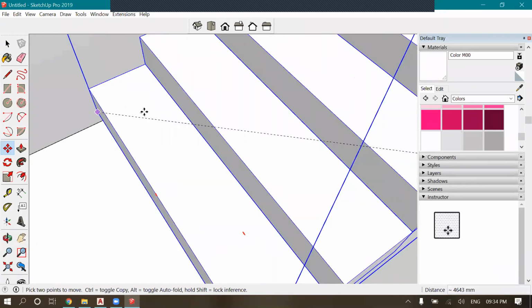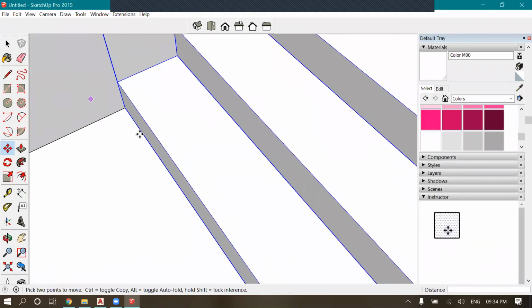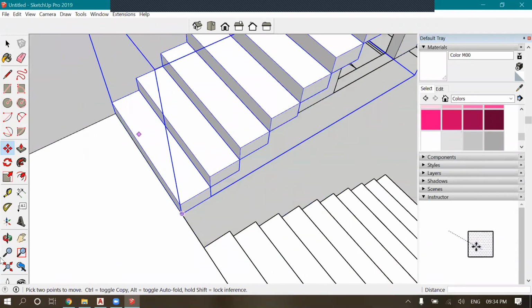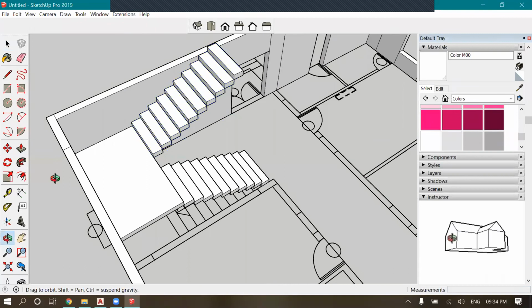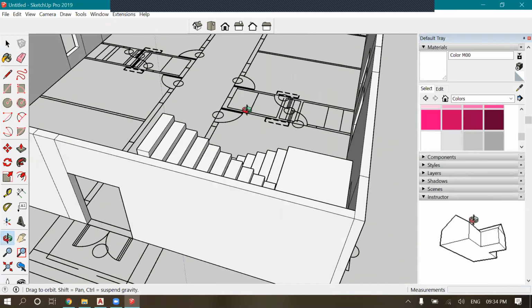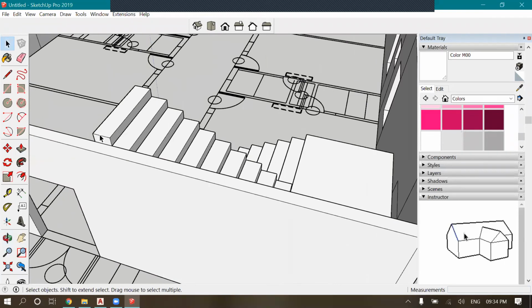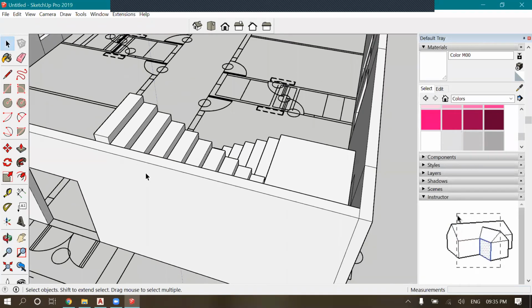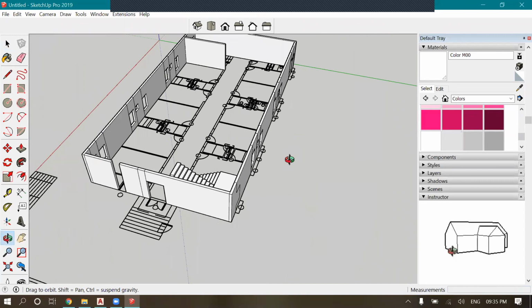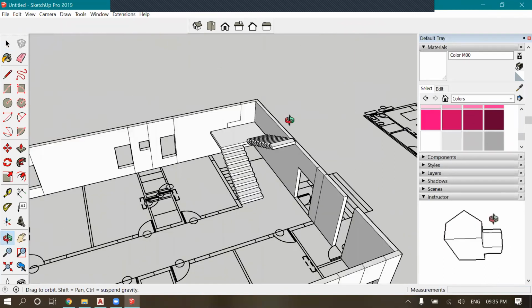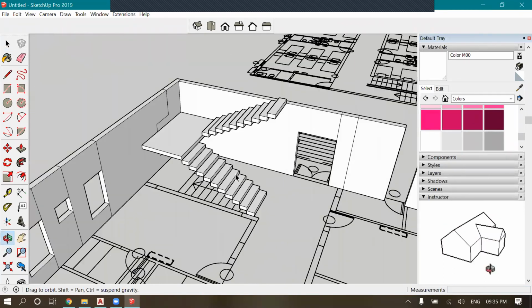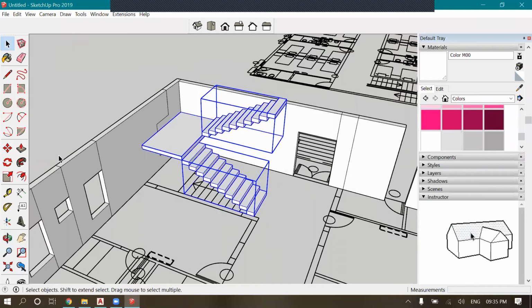And the final step is for our slab, like we'll be adding a slab on this part. So we are done with our stairs. Now we need to complete it. So we just copy this